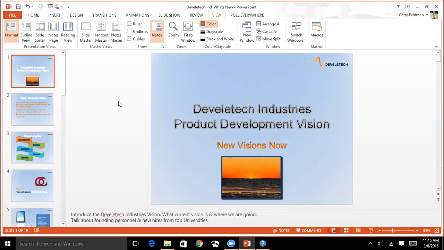Now, a lot of times when you're practicing the presentation that you're going to make to a group, you're not in the room that has the setup for the double monitor, just like I can't show you 2 monitors over the internet. So they do provide us also with a way to practice this, and it's Alt F5 that allows you to do that. So I'm going to press Alt F5, and you're going to see